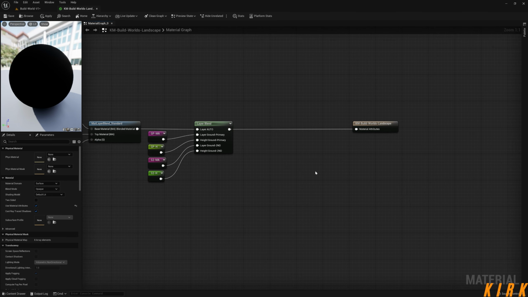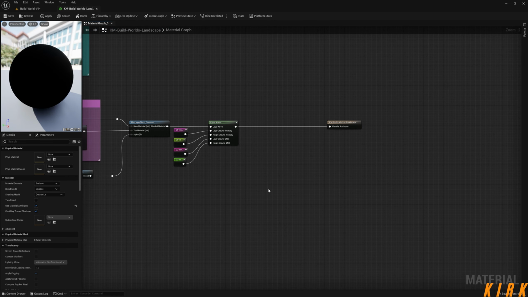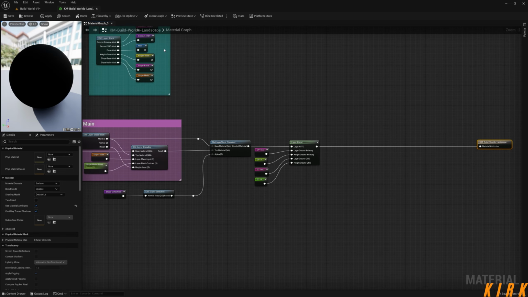What runtime virtual textures do is store the information of your landscape layers into one texture on its own, and it'll apply the information to that landscape once it needs to, and that drastically reduces the shader complexity of your landscape. I have covered this in a previous video, but I am going to do another video for the build world section, or series if you like, in which I add a virtual texture ability to this landscape,